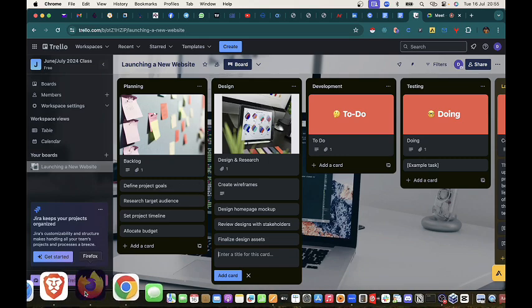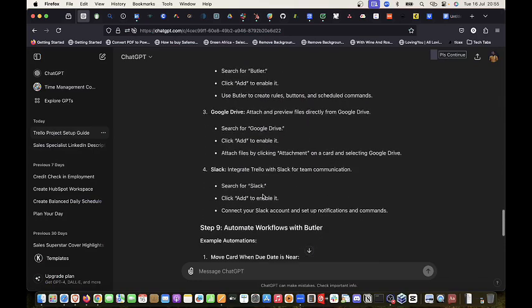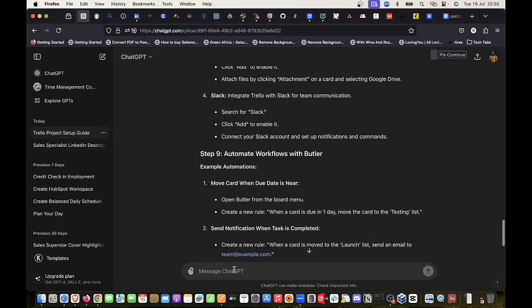So let me tell ChatGPT, because I don't think it gave us checklists. So let me tell it to generate checklists for us. You understand? You can always reprompt ChatGPT to give you what you are looking for. Generate checklists